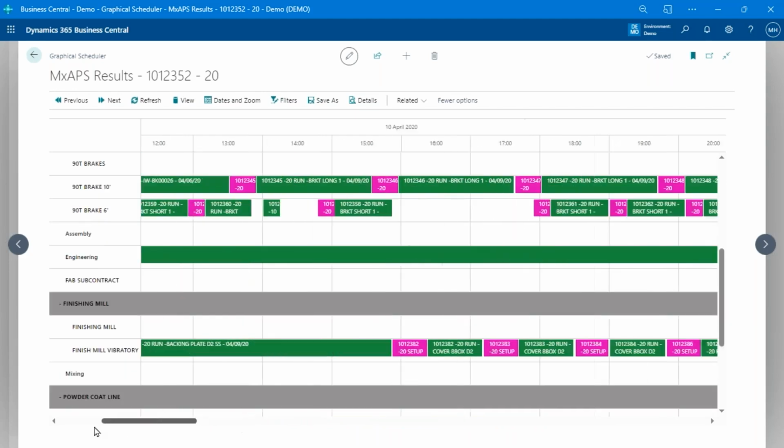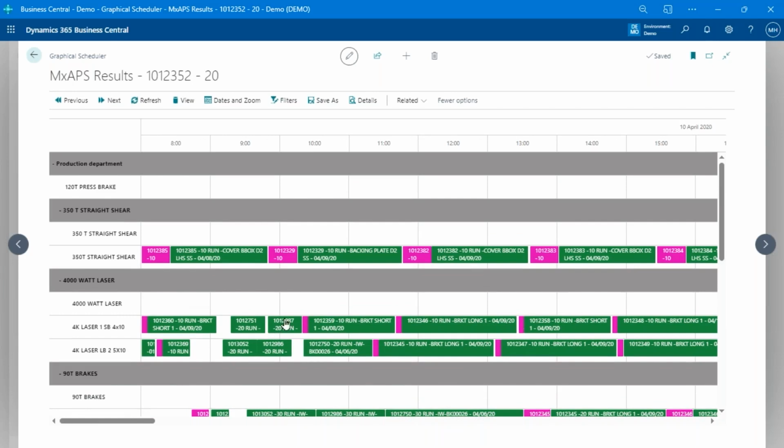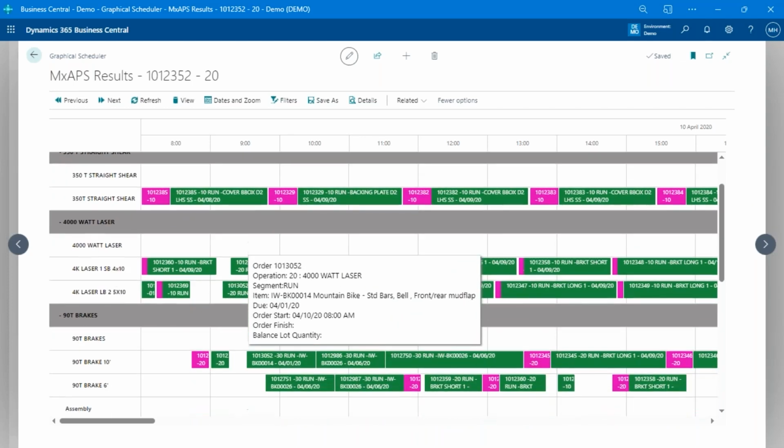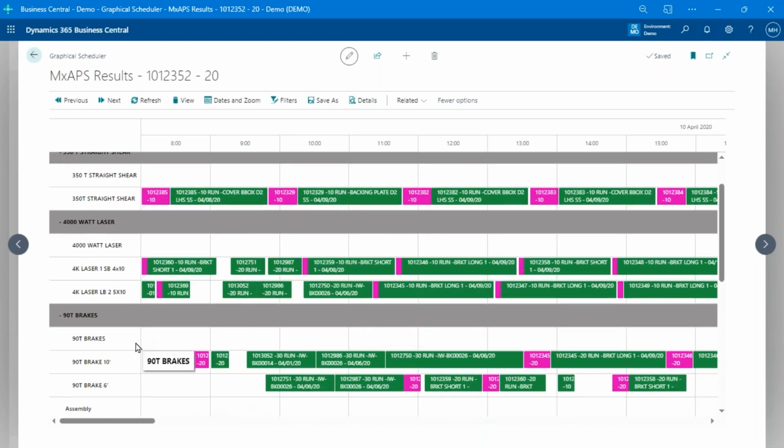Okay. Now, a couple other things you can see: some of these don't have setup time because we're able to eliminate that changeover time by running similar products together. So you can set up all sorts of rules that bring those products together so they schedule side by side, so we can eliminate that changeover time, those sorts of things.